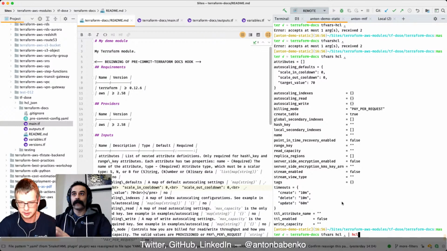In my case, I have HCL SAD, and then HCL SAD will be able to update, let's say, timeout delete. So I can do something like timeout dot delete